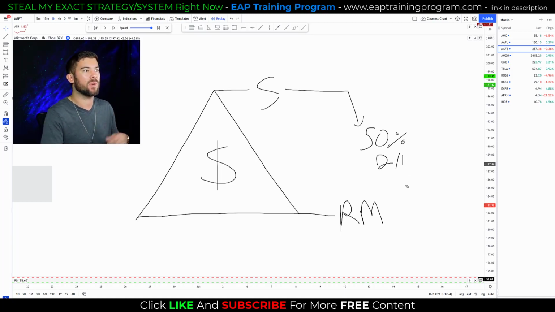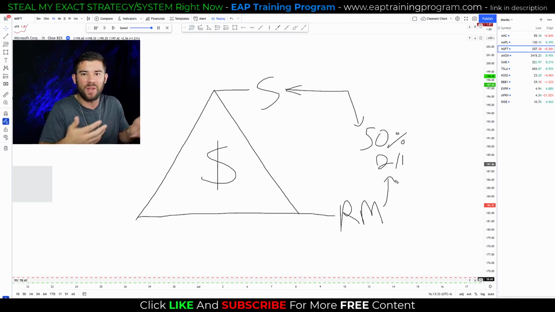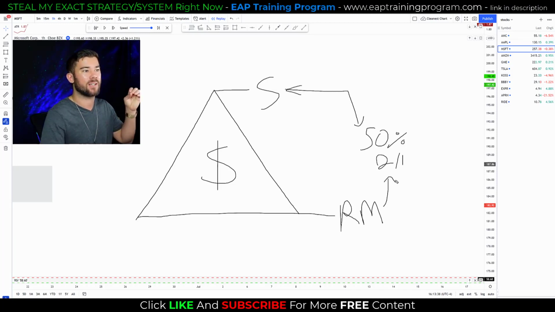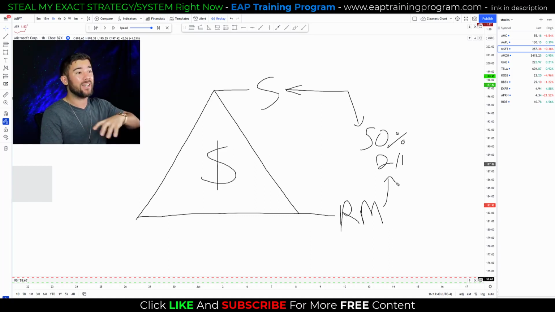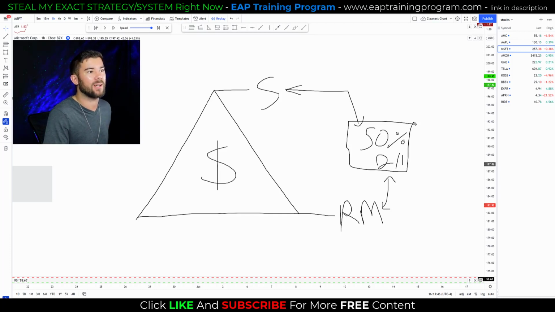This provides me with an edge. This provides me with a money-making strategy over long periods of time. But if I risk my entire account value on my first trade, then it's gambling. I have a 50-50 chance of losing. That's why we need a risk management plan in place that keeps us in the market long enough, gives us chips and a chair at a poker table in order to let this edge play out,